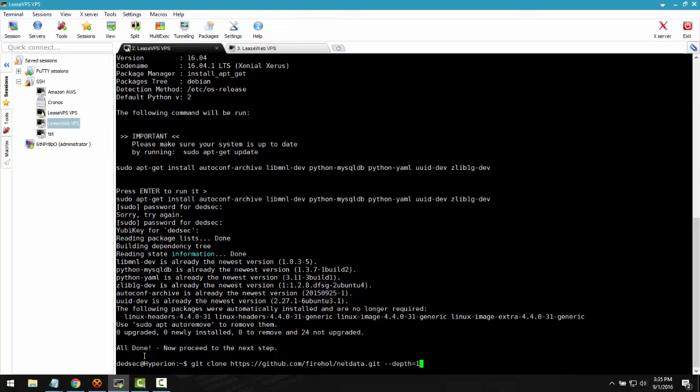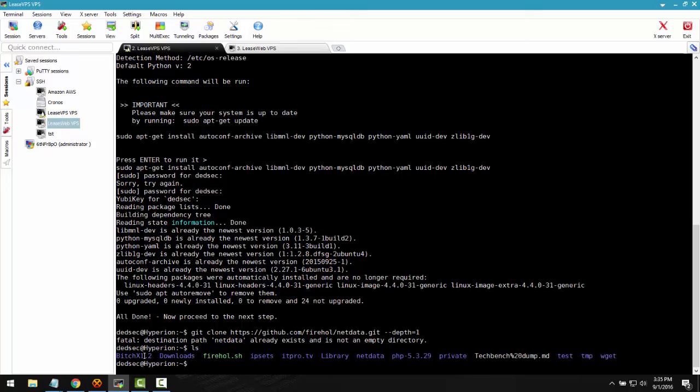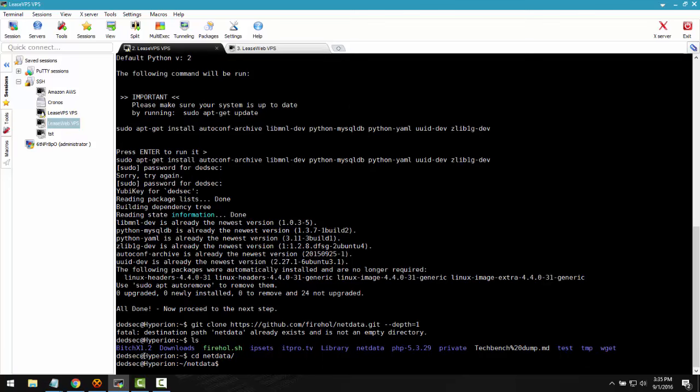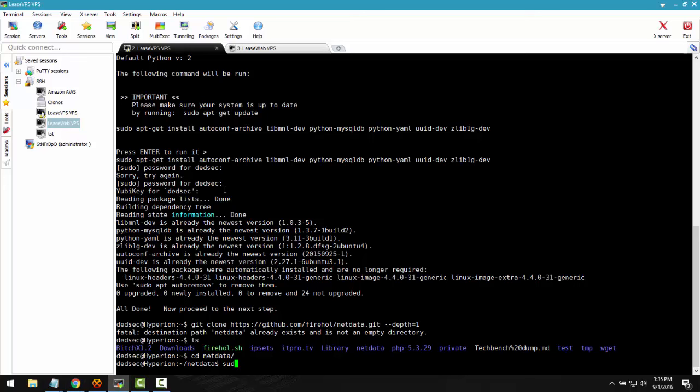Next we're just going to clone it, which in my case Netdata already exists since I already cloned it beforehand. If I do an ls or dir, you can see Netdata in the directory, so cd Netdata. Pretty straightforward. Once we're in there, or wherever you want to put it, all you have to do is copy this command. You can do sudo